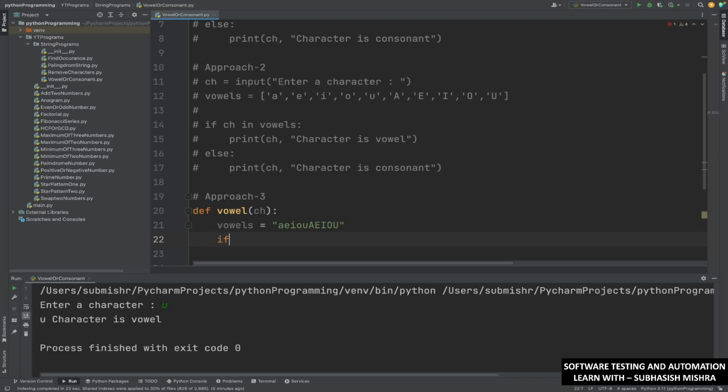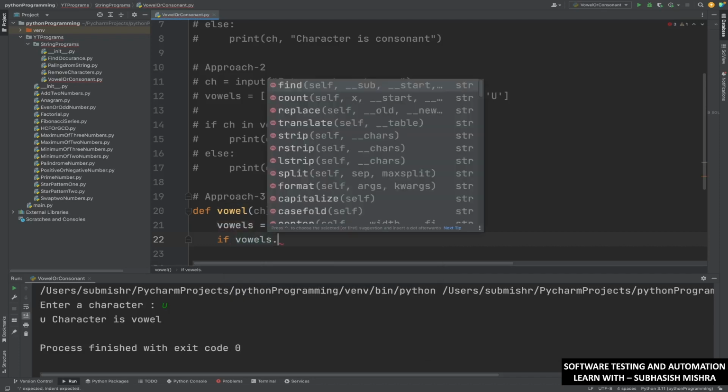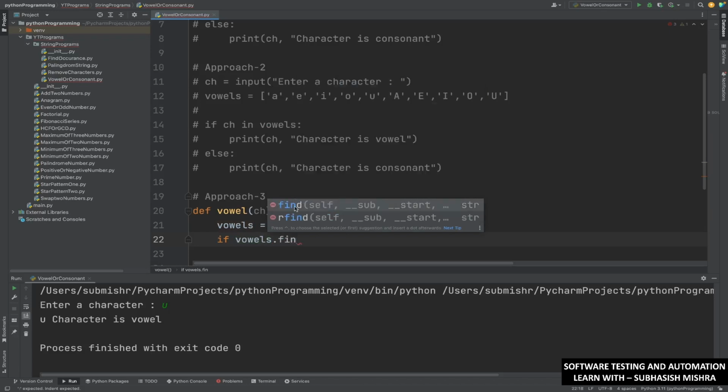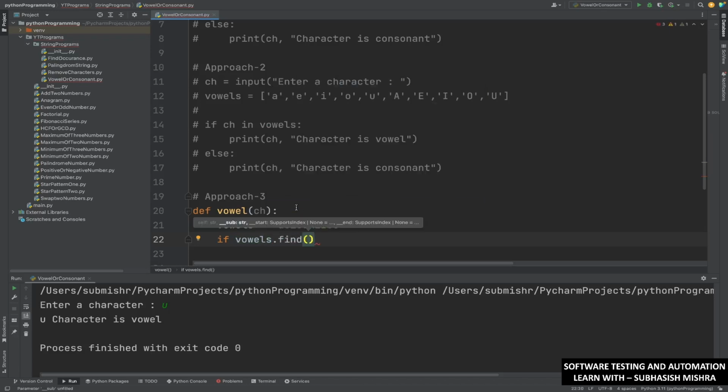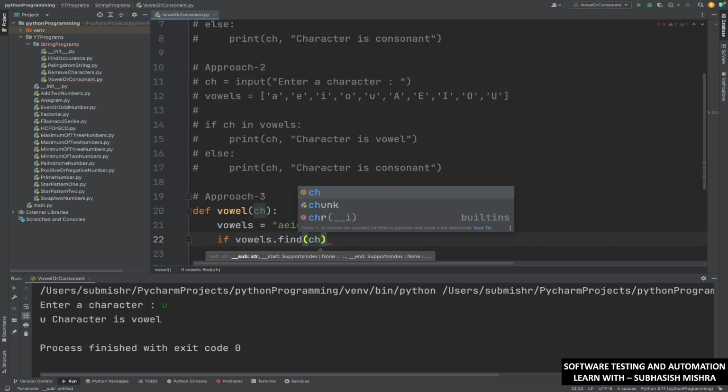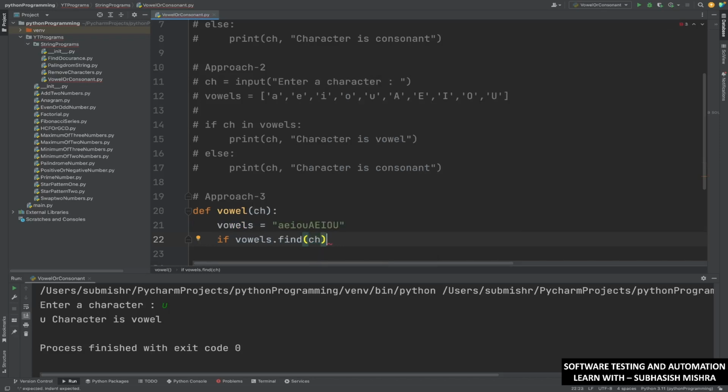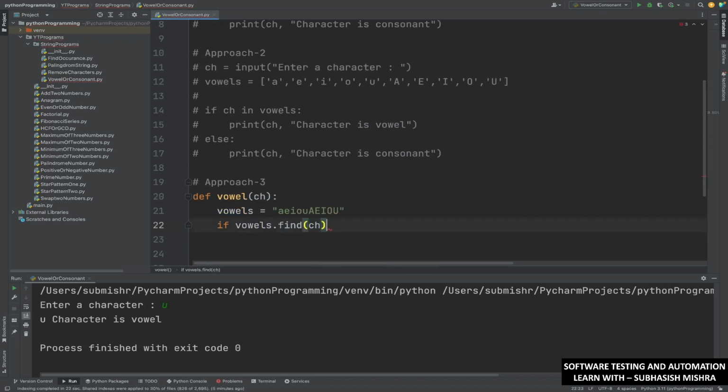For that we will write if, then this string vowels dot find method. We will use the find method. What will you find? You will find this character, right. If vowels dot find character is not equal to -1, then you will just print